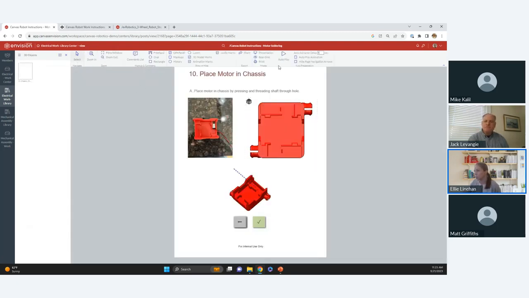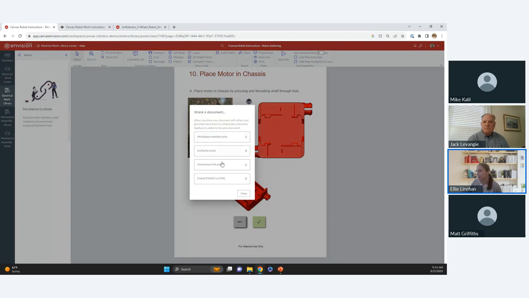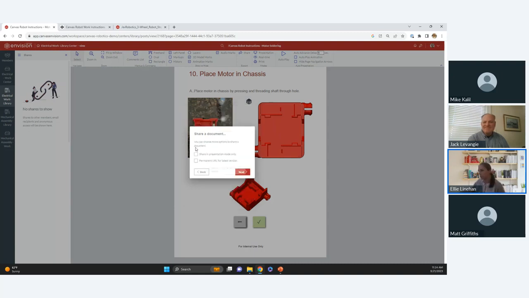But in any case, I'm going to show the consumer experience now. So if I share this, I can share it by an anonymous link, and that link could be anywhere you'd like it to be, just a simple URL. It can be shared as a permanent URL. So when you have minor changes, like v1.0.1, that permanent URL will still refer to that same document. So if I go here,